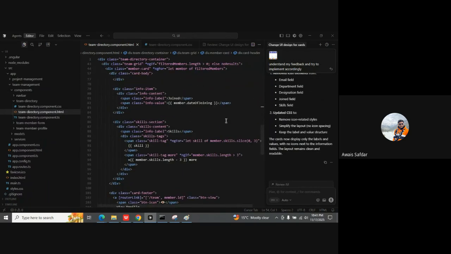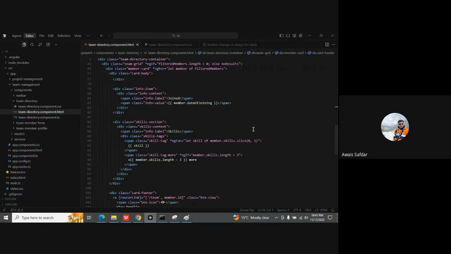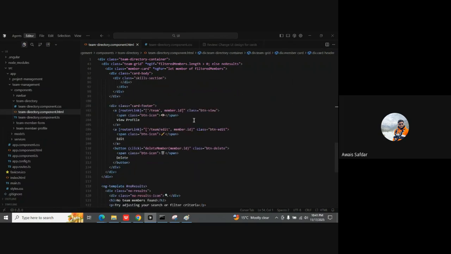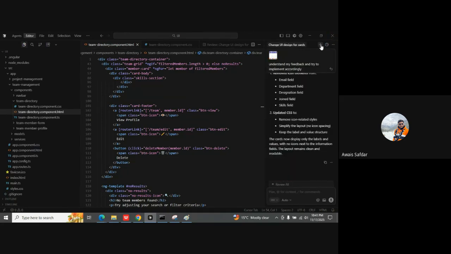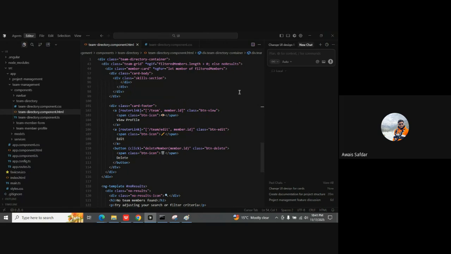Now, if I want to make changes only in a specific file or in a specific section, let's create another context. Because we are following best practices, we will use a single context for a single task. Now we are moving to the next task, so that's why I am creating a new chat for the second task. Okay, so here I have copied this section, and if I press Control I, it will go to this section as